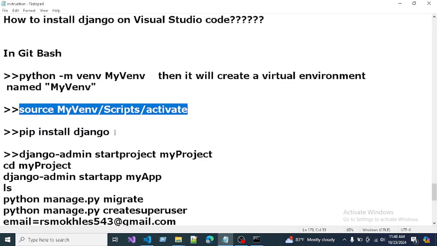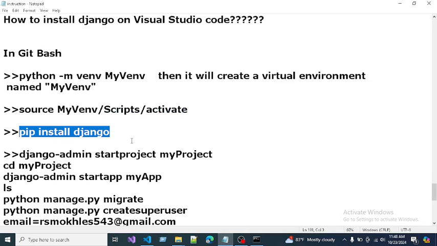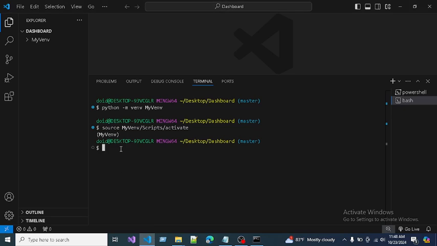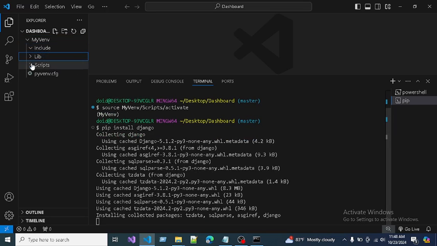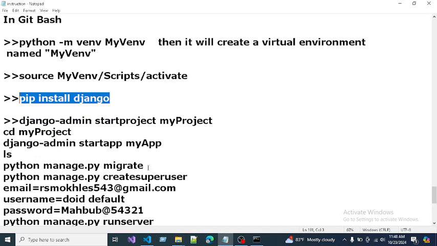Then install Django on your machine. Press enter. Just wait a few seconds. After it is completed, Django